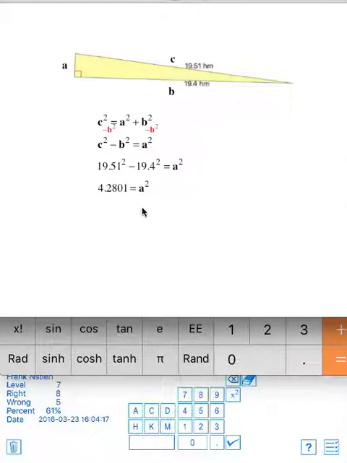All right, and then I want to figure out what a is, not what a squared is. So I'm going to take the square root of both sides to do that. Okay, so the square root of 4.2801 is equal to the square root of a squared, which is just a, right? So the square root of 4.2801 is a. So to figure out a, back to our handy-dandy calculator,